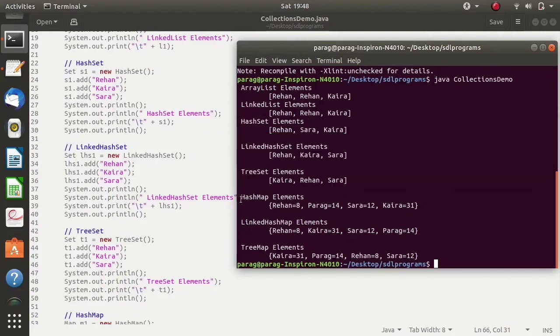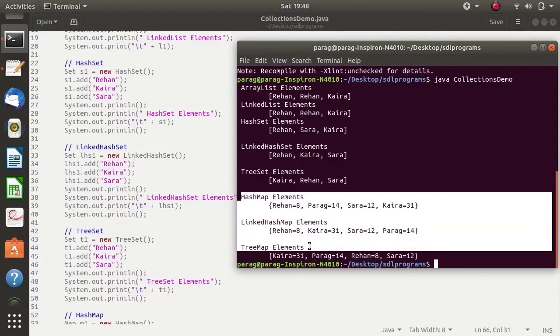So again, if someone asks what is the difference between hash map, linked hash map and tree map, so difference is this. Hash map saves the value. Again, as this is a map, it has two things. One is keys and another is the value. While hash map saves the value in any random sequence, linked hash map saves the value in insertion order.